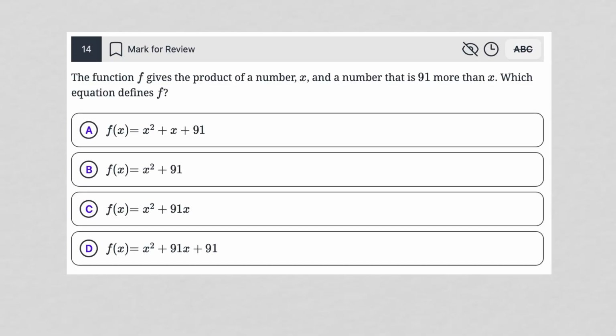So this question says the function f gives the product of a number x. Okay, so this sounds like it's going to be a translation question, right? We're describing something in English that can be written in mathematical terms. So it says the function f gives the product of, so basically f of x equals the product of a